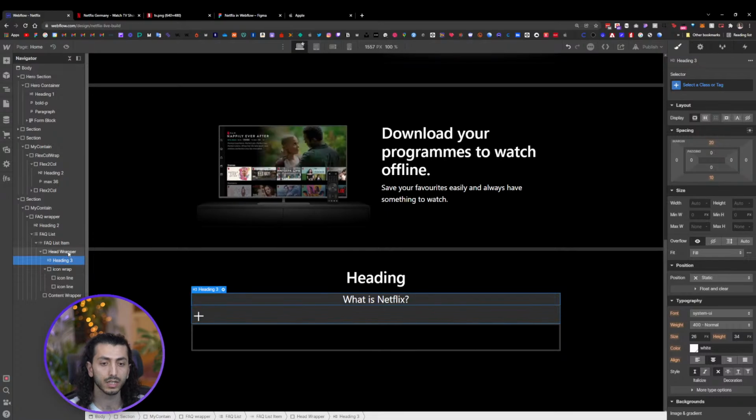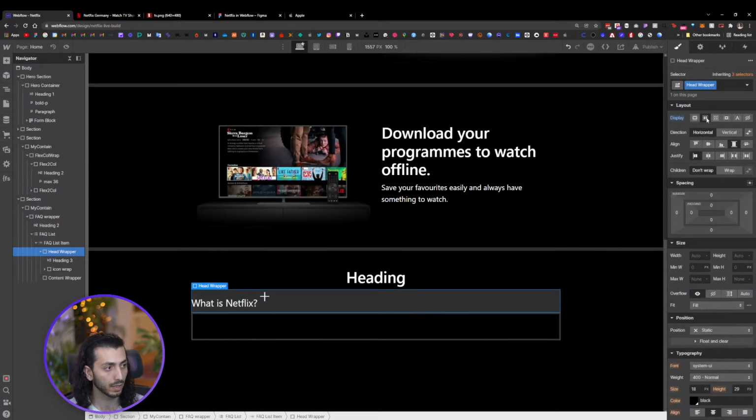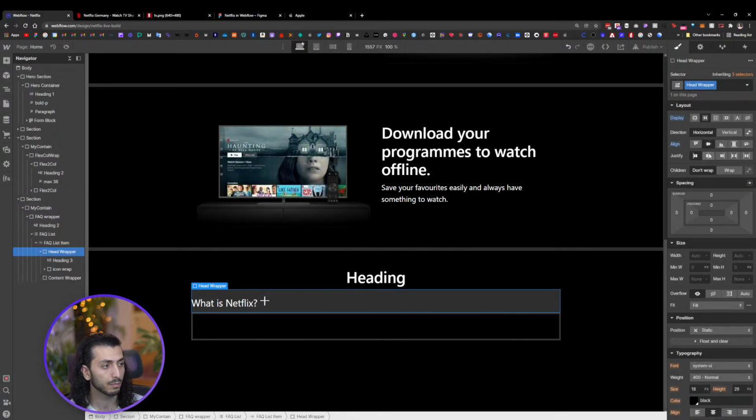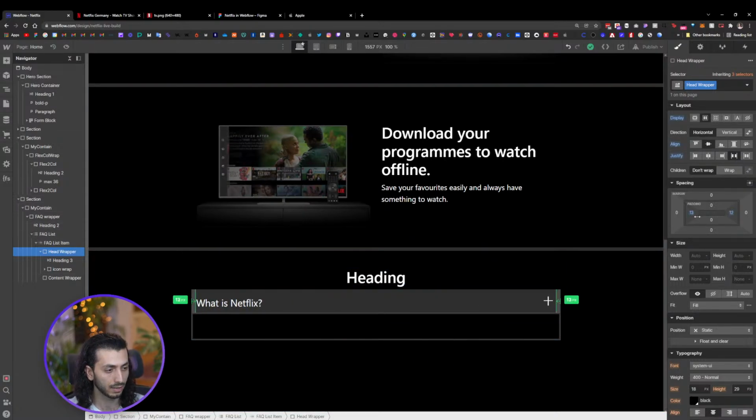How do we put them next to each other? We can come to the head wrapper and say we want display flex, and then the direction horizontal is correct. We want them to be aligned center, but also space either around or between. So between is too close, so space them around,